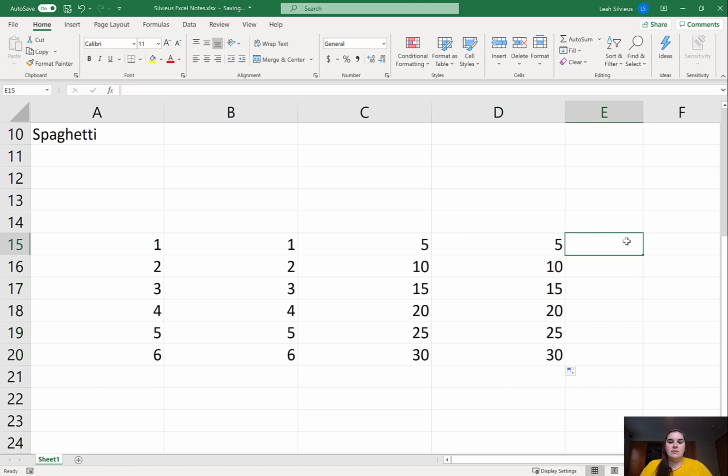I'd like you this time to count by 20. So see if you can go 20, 40, 60, 80, 100, 120. So pause the video here and see if you can do that. The quickest way is to define the next number in the pattern, 40, select them both, drag it down, and